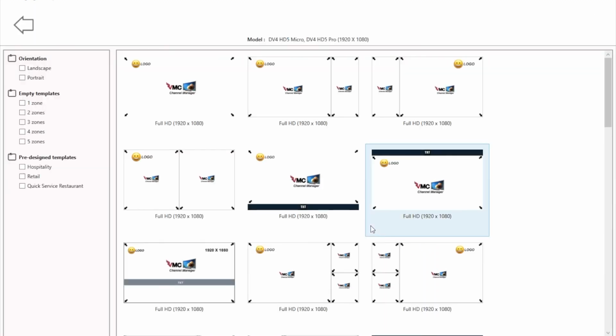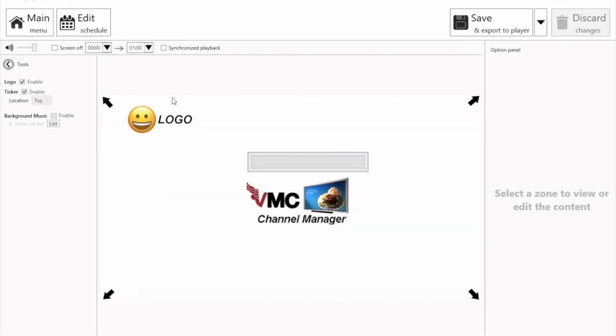At this point, the software is going to say, okay, what template do you want to use? We have landscape and portrait. We have from 1 zone to 5 zone. Then we have some custom made templates, custom design templates, which are pretty professionally done, which you could modify and edit accordingly. To keep things simple for today, I'm going to just pick a one panel landscape template by double clicking on it. Once it's installed,